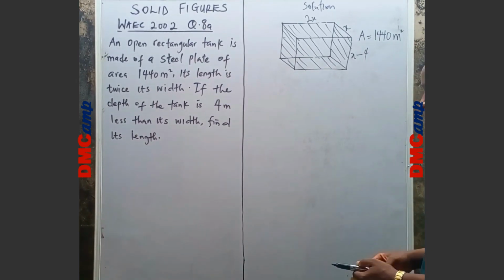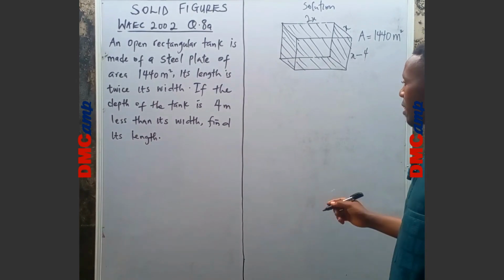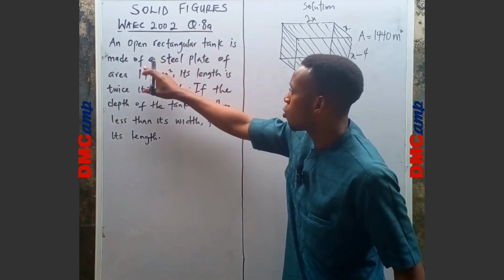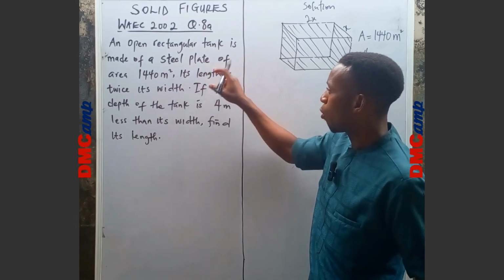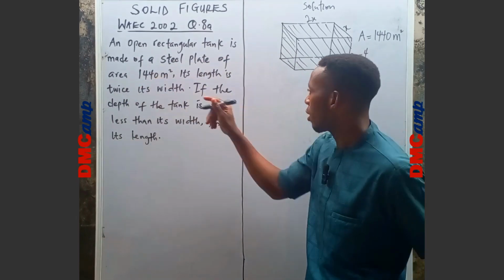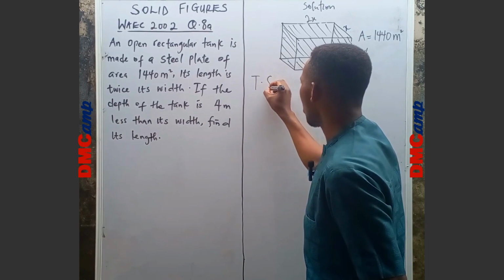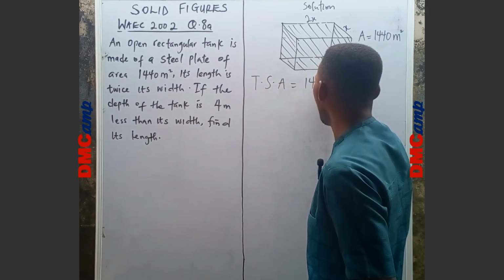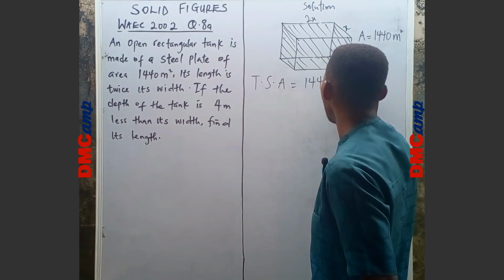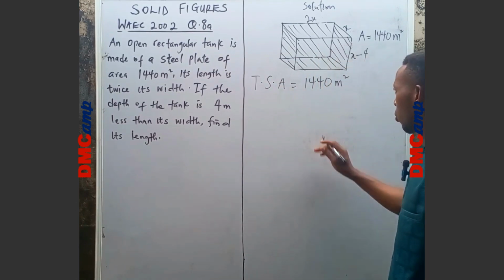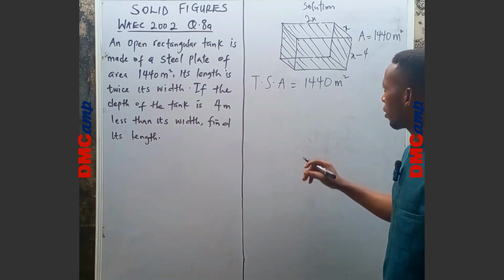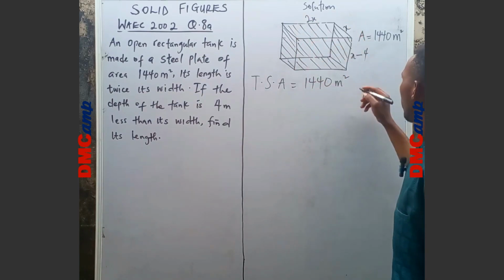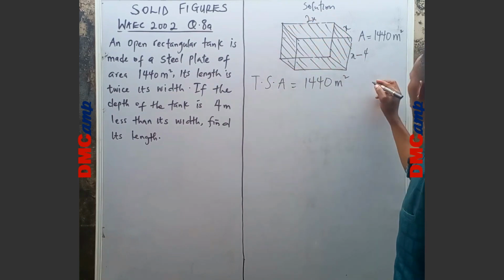Minus 24x. Now let's see, the question says an open rectangular tank is made of a steel plate of area, the total surface area is given to be 1440 meter square. That's the total surface area. Don't forget, we just calculated the area of this cuboid